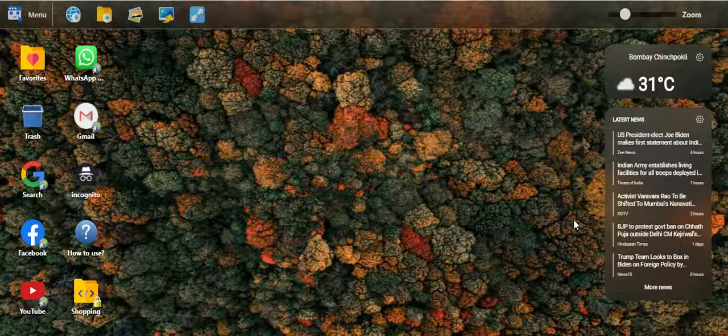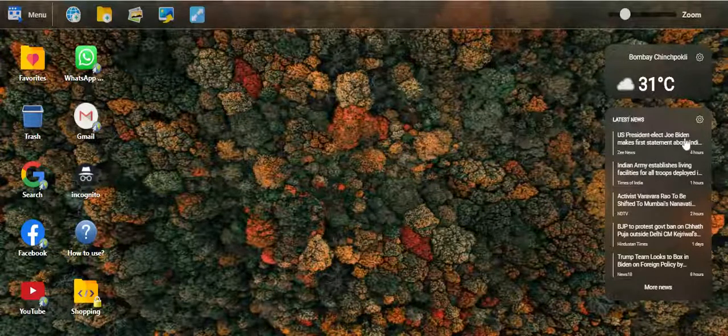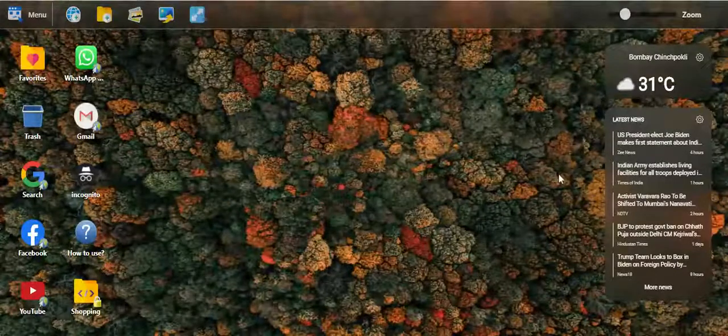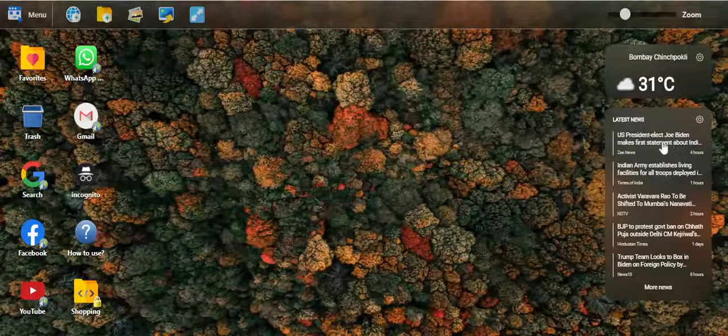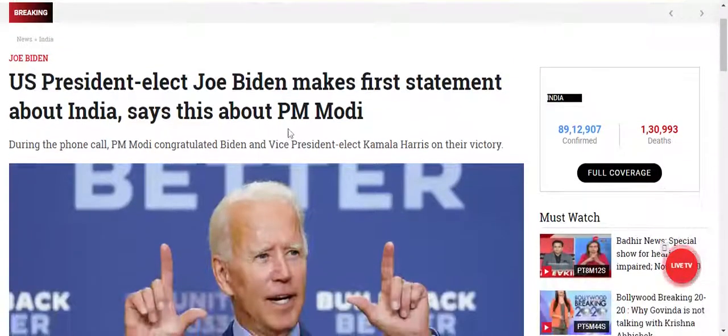It also displays the latest news. Even in between visiting web pages, we want to see what's the latest news going on. So it's perfectly handy over here, and we can visit the news as well by clicking on these icons. Yeah.